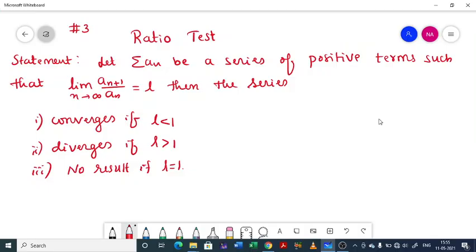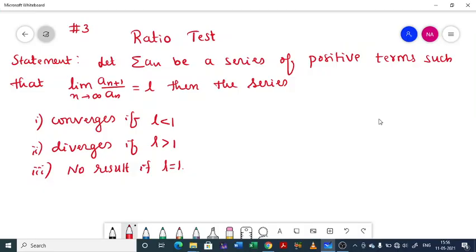The second test I am going to consider for the discussion here is the ratio test. The difference between the comparison test and the ratio test is, for the comparison test, given an infinite series summation an, we are supposed to choose one more series whose nature is known. But for the ratio test, it is not necessary to choose any other series. We only consider the given series, check the ratio as n tends to infinity, and then decide its nature depending on the conditions.